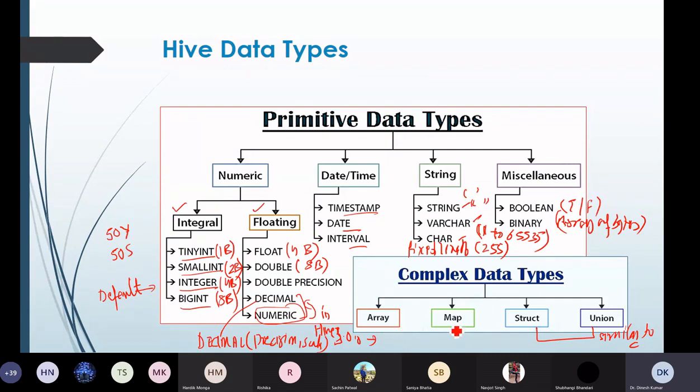Then we have map. Map is a collection of key value pairs. We have to define a key as well as the value for that key, and then we can also access them by their indexes.